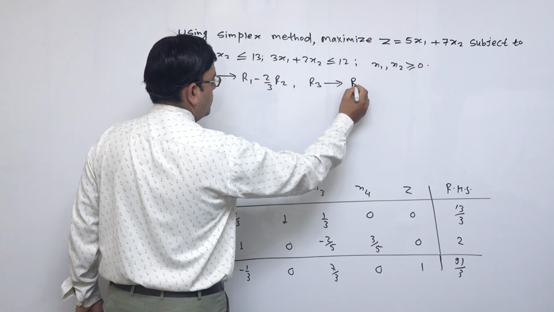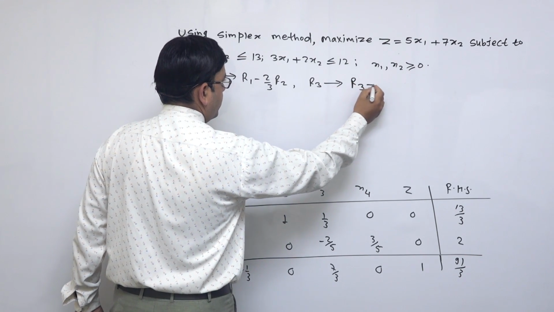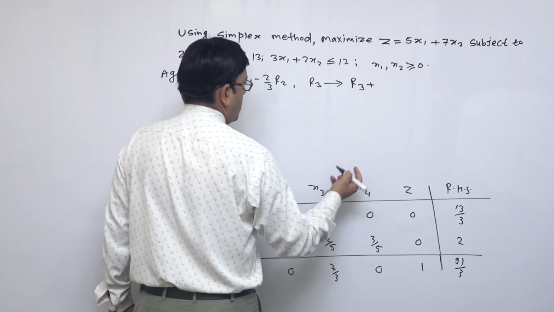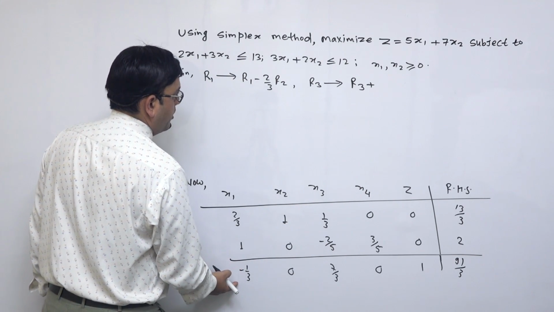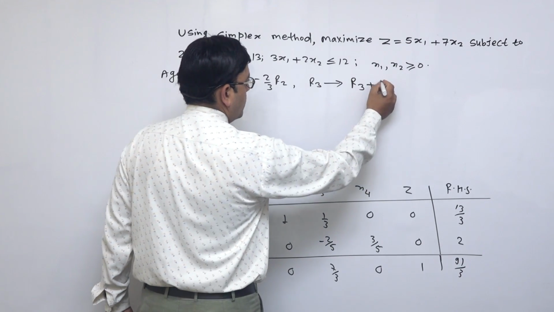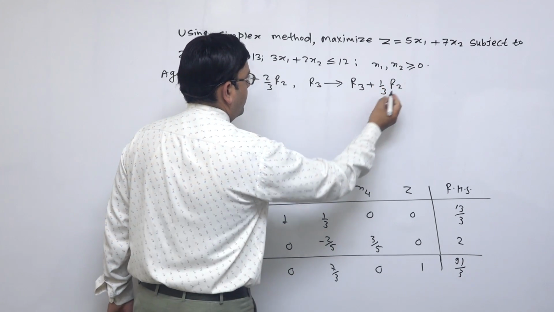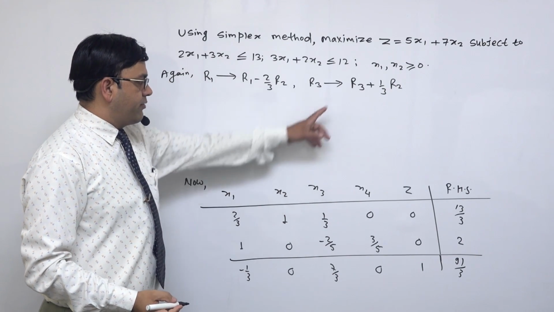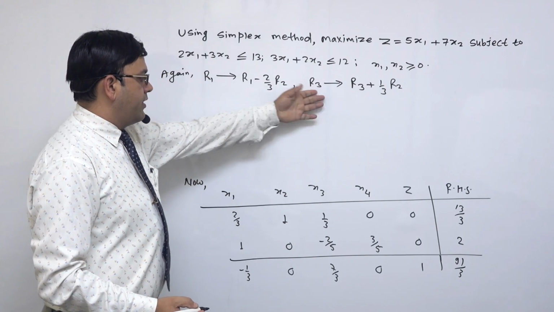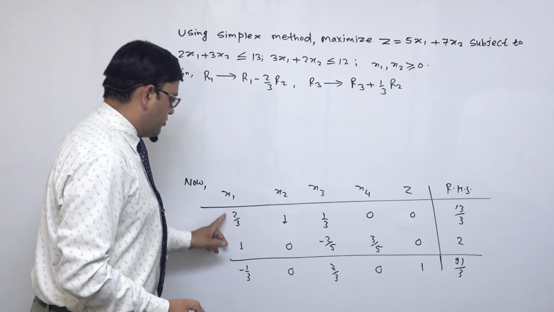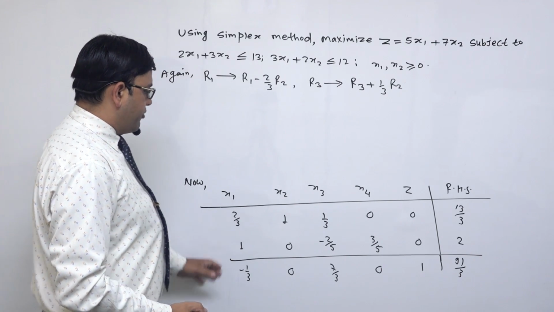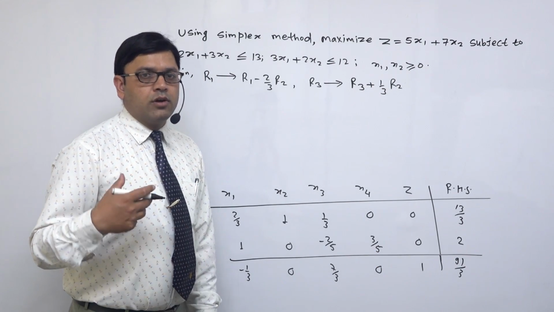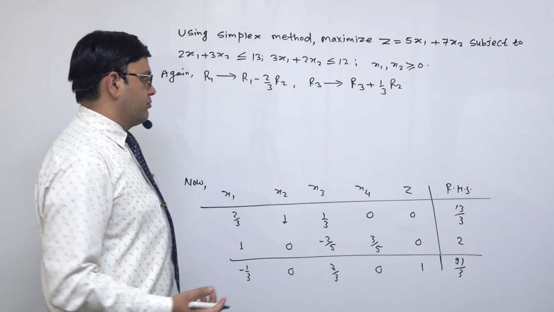त्यसकारणले R3 changes into R3 plus, यो माइनसमा छ त्यसकारण हामीले प्लस गर्नुपर्ने हुन्छ, R3 भनेको -1/3 छ त्यसकारणले +1/3 R2 गर्यौं भने हेर्नुस् त यो R2 भनेको 1 हो, 1 times 1/3, -1/3 plus 1/3 हुन आउँछ and it comes 0, त्यसकारणले यो पनि 0 हुन्छ, यो पनि 0 हुन्छ। अब यो दुईटा 0 बनाउँदाखेरि अरु के हुन्छ हेरौं, यो लास्ट हाम्रो फेरि रोमा 0 आउँछ कि आउँदैन हामी त्यो पनि हेर्नु छ।